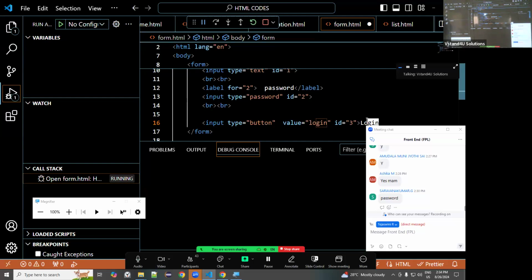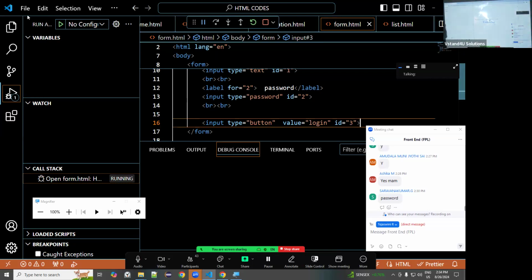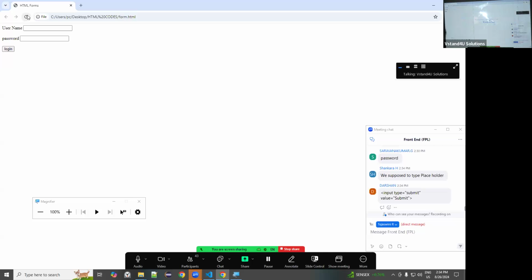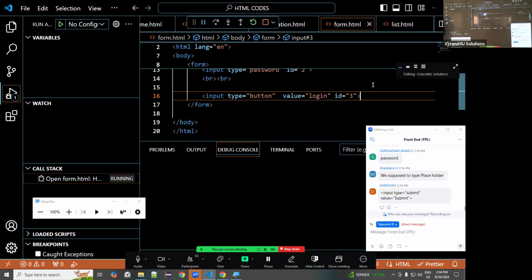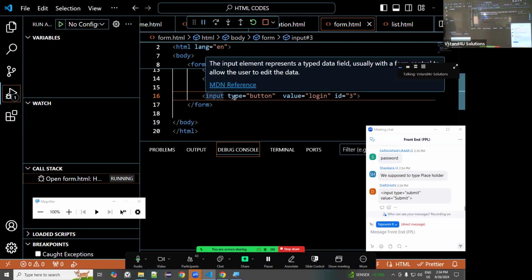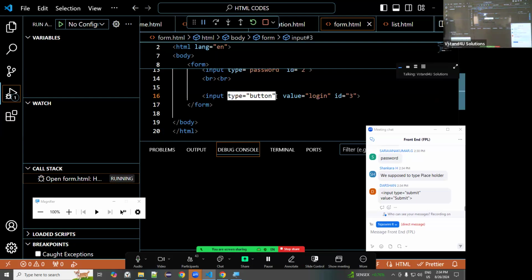Okay, let me see whether it will work or not. Yeah, now you're getting it. I made a mistake. So for a button, what will you do? If I want a button, don't give any label tag. Just give type equals to button and pass some value to it called login and give some ID